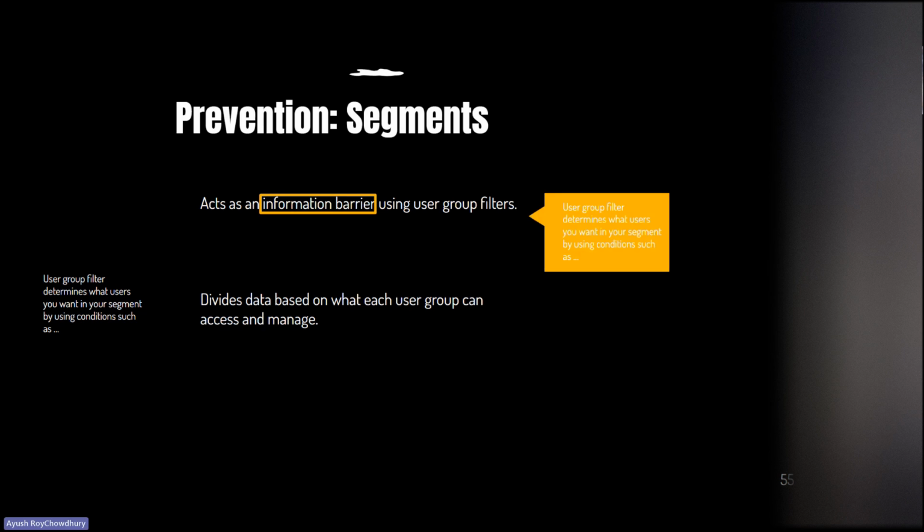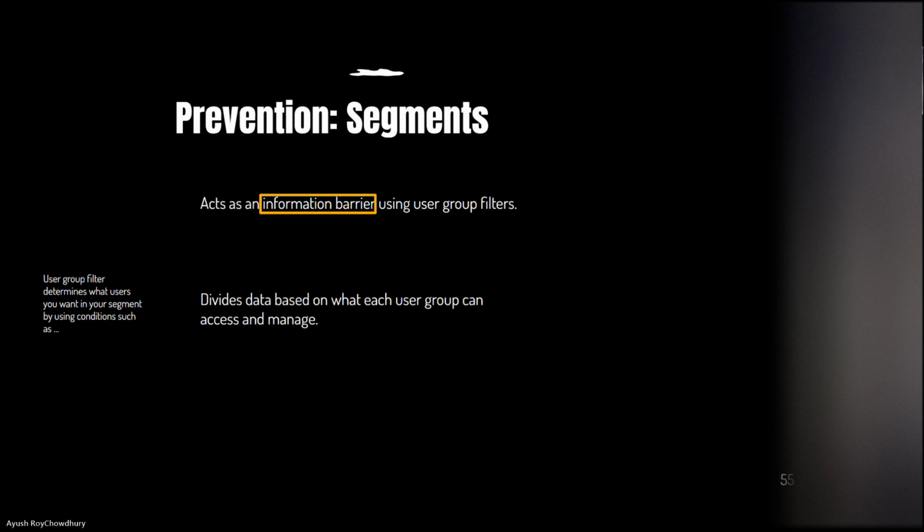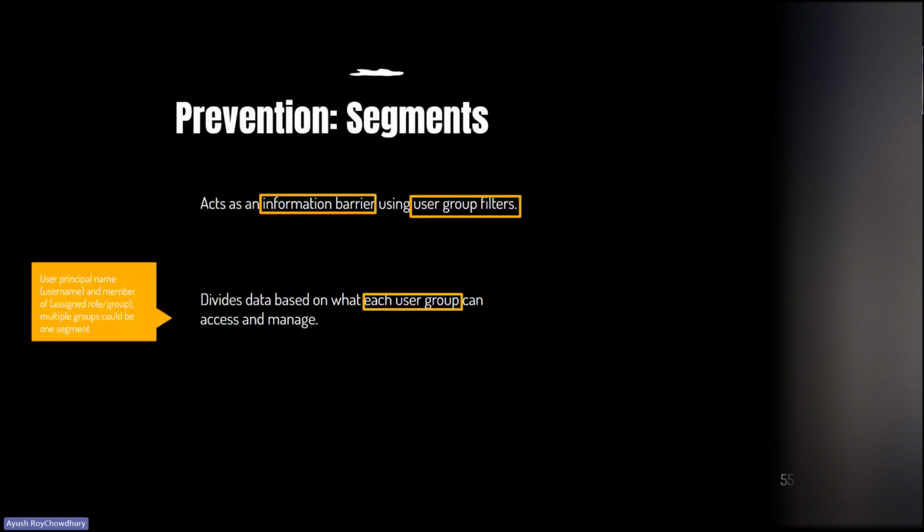These information barriers can be some form of user group filter, where you say that particular users, when they ask the LLM about this data, it should not be retrieved. And the user groups can essentially be a list of usernames, or, more recommended, assigned roles. So people that are, let's say, in charge of education are able to see student data, whereas people that are in charge of energy or utilities are not able to see student data. So something of the sort.